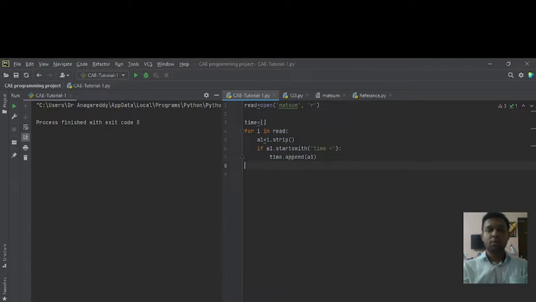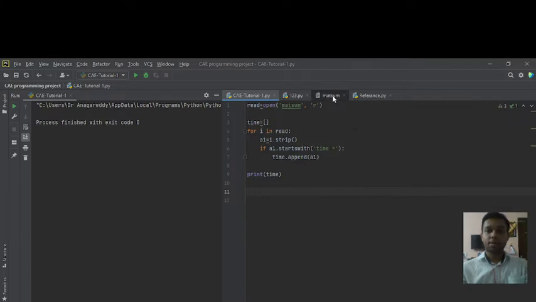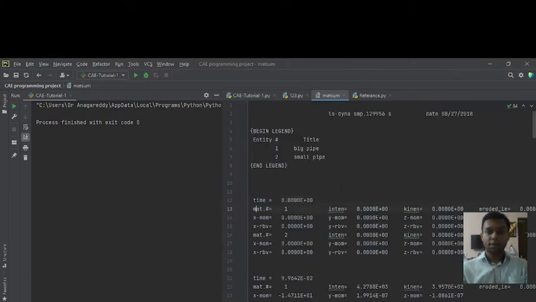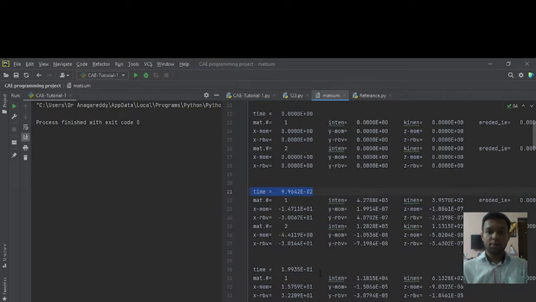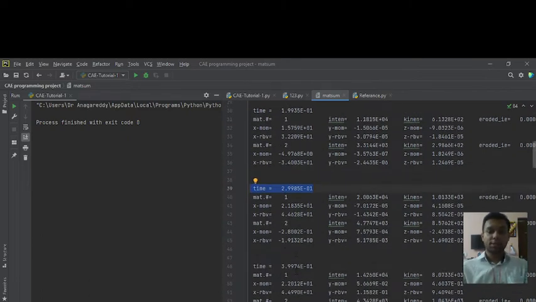If you see the output of this, you will get all time in list format. This will be useful for us to plot a graph, that is internal energy versus time, where time is on the x-axis.